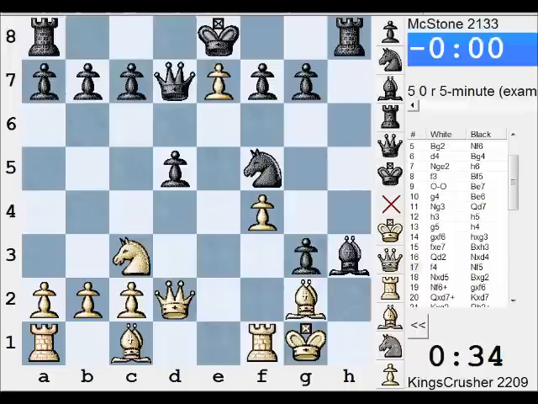Queen e7, say queen f5. I'm not sure rook h1 works, because the king can always take and check king g2, queen h2, king f3. So I think I've messed up here. I should have played bishop h3. So this was terrible,